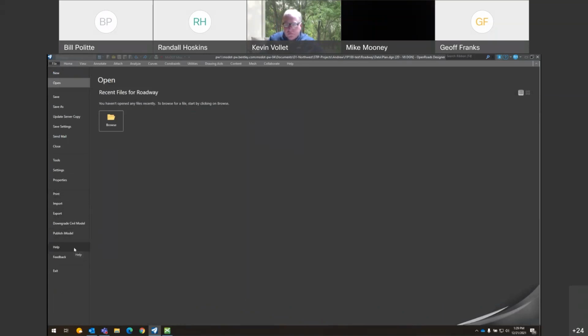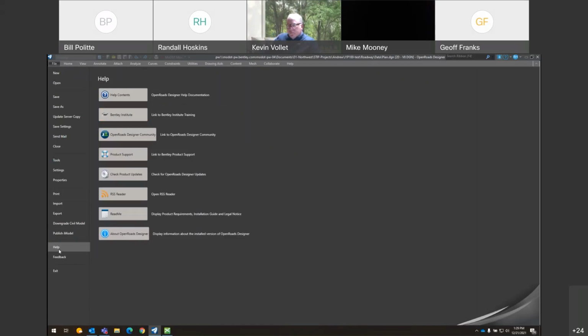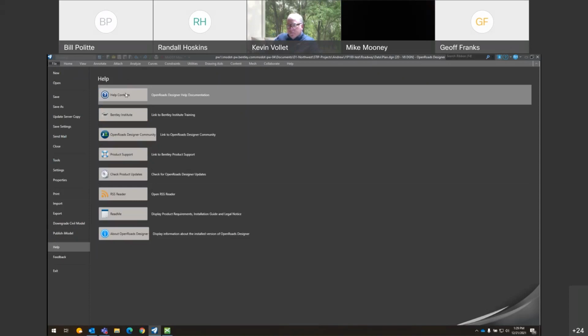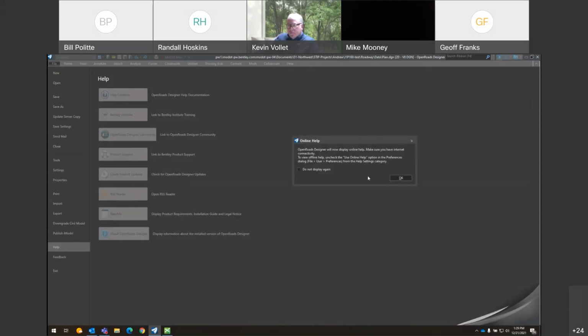The big one is help. I don't think, for just the basic MicroStation class or the Road 1 and 2 classes, we're really making basically manuals. We're making kind of like exercise manuals for them. But if you needed help on any of your items, you'd have to go to the help button here or the help button somewhere else. So basically, if you just go to the help contents, this is just telling me it's going to go online.